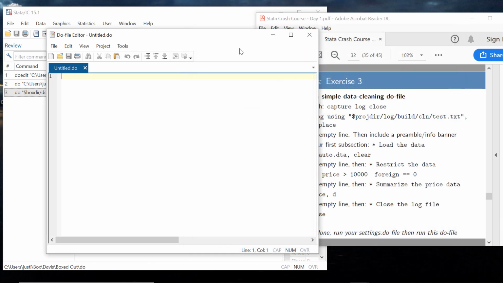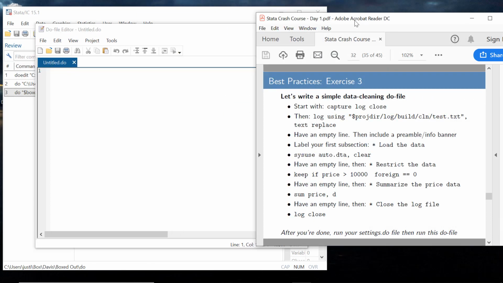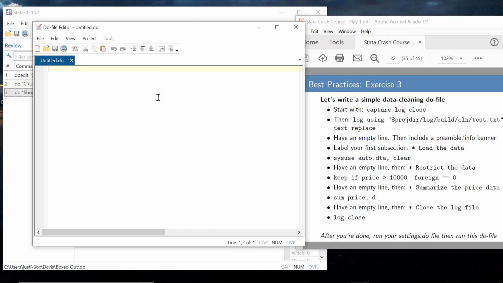So, how are we going to start this? I want you to start by writing capture log close. If you want to know what capture does, you can always type help capture. I'm going to leave that to you. Then we want to include log using. Now, we've just said that we were going to call it proj_dir. We don't have to, but whatever we called our global macro, you want to call that, and then